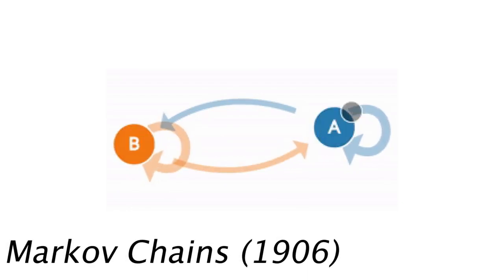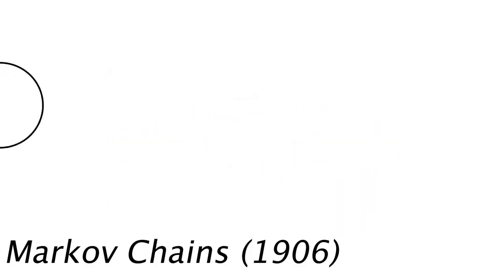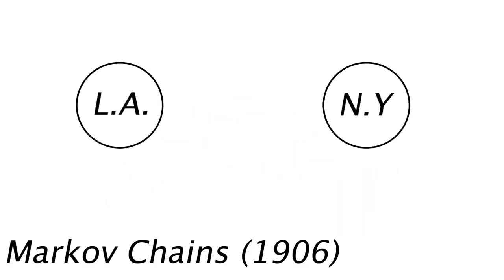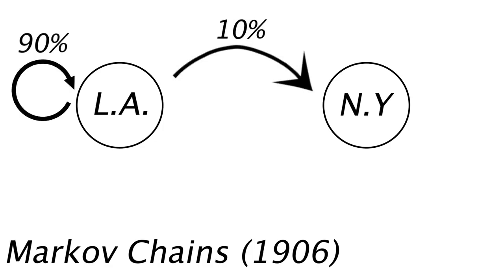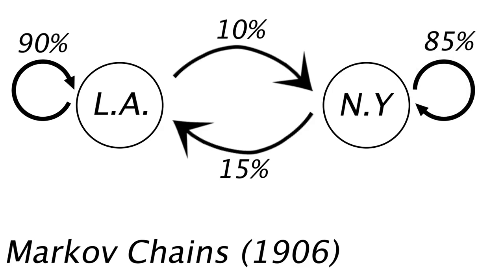Markov chains include a state space and transition probabilities. Imagine you want to analyze the population of Los Angeles and New York. For simplicity, we can say people only can move from one to another, or they can stay put. So maybe every year 10% of people who live in LA move to New York, meaning that 90% of the people stay. And at the same time, every year 15% of people in New York move to LA, meaning 85% stay. In this example, where you are now matters. Based on if you're in LA or New York, we can predict whether a person may move or not.